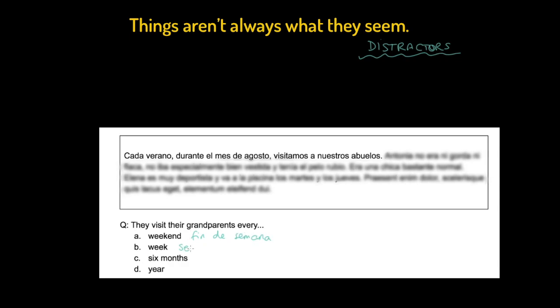A week, I'll find the word semana. 6 months are 6 meses. And year, I know that year is año. Give me 1 second. Now, año. Okay, so if I am desperately trying to find one of these words in order to find my answer,